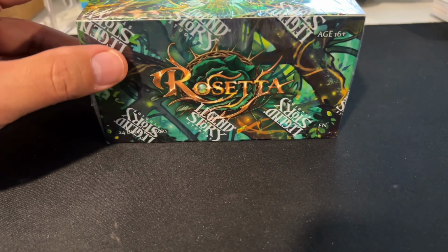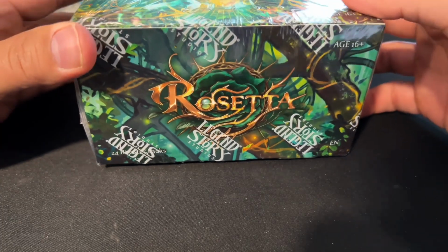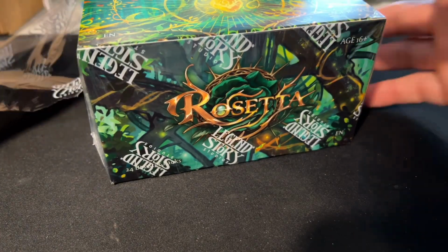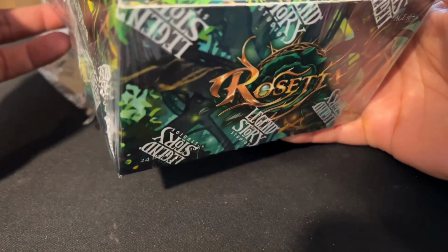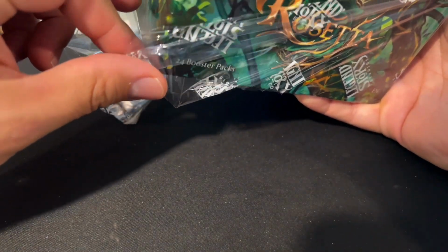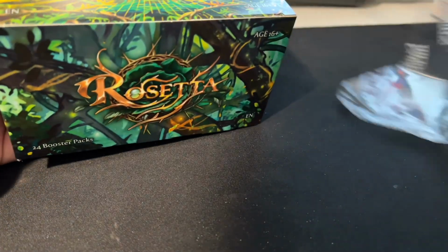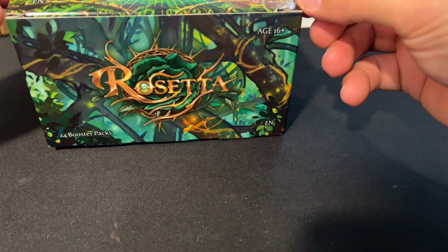I got like, other than this box, this is Rosetta, by the way, is the name of the set here, from Flesh and Blood, and I've never opened any Flesh and Blood. I really know nothing about it, but I was looking at the TCG card prices for individual cards from this set, and there were quite a few that had some decent value, so I thought, you know what, let's open maybe a few packs. I don't know if I'm going to open, I'm definitely not going to open